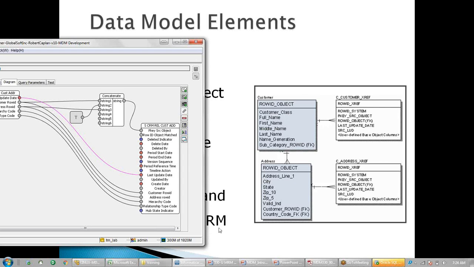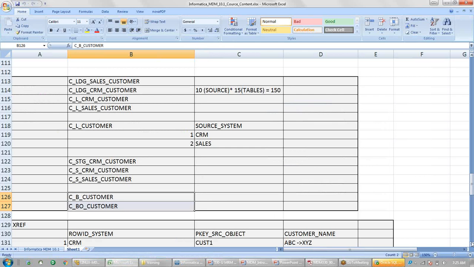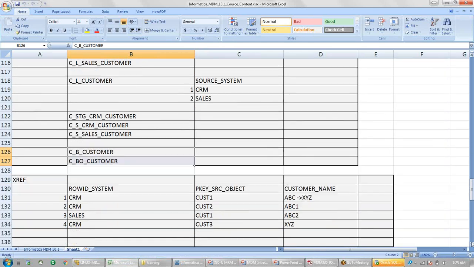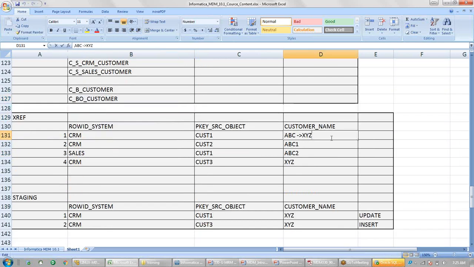Okay. So today we'll just quickly go through this part, as I was telling, how MDM identifies whether an incoming record is a new record, or an update which is coming for an existing record.